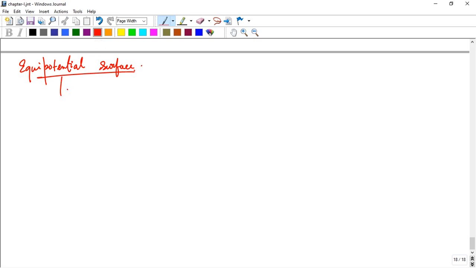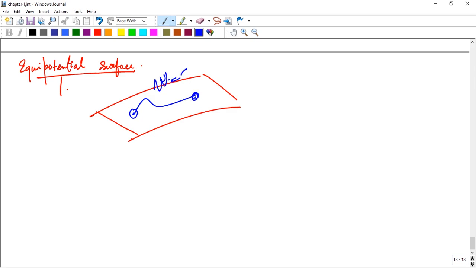No work is required to move a charge on an equipotential surface. If there is a surface that is an equipotential surface, and I move a charge from one point to another on the same surface, the work done is zero. So no work is needed to move that charge on an equipotential surface. Next, point number